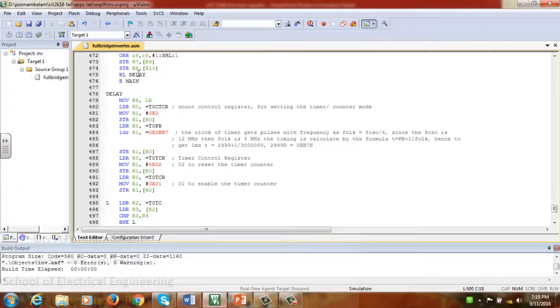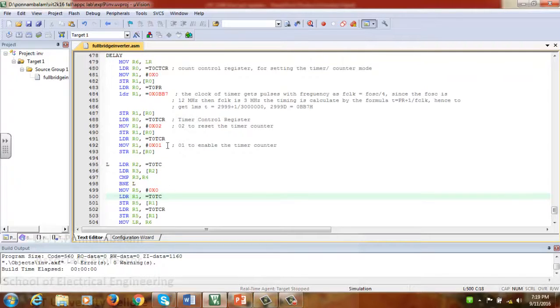As we have discussed earlier, T0CTCR will be given 0x0, so your timer will act in timer mode, and in T0PR I'm putting 0x0BB7, so that the prescaler is designed for 1 millisecond. Then in T0TCR I'm putting a value of 2, so that my timer counter is reset, and then T0TCR I'm making it 1. So now the timer starts to count.